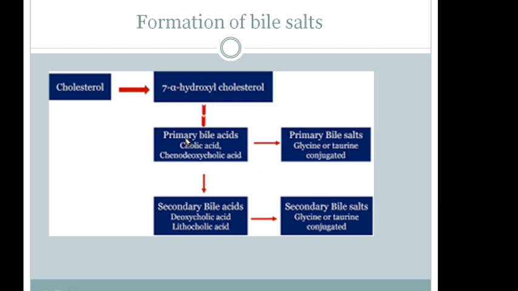Okay, some of the bile salts are converted into the secondary bile acids, that is deoxycholic acid and lithocholic acid, in the intestine by the bacteria present in the intestine. Some of the secondary bile acid is excreted into feces, but most of it is again reabsorbed into the liver through the portal vein, that is called enterohepatic circulation.